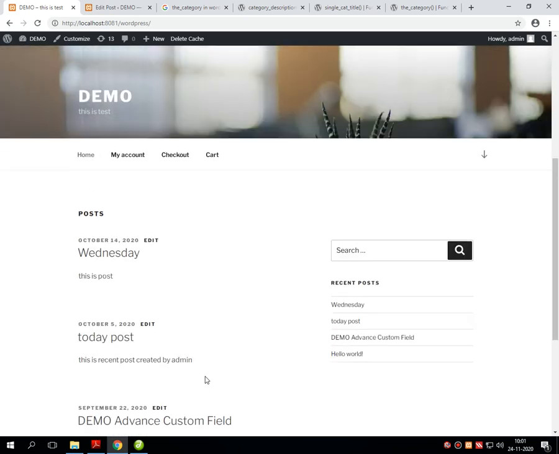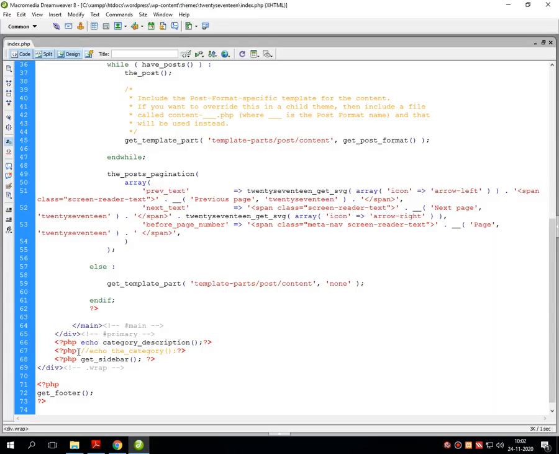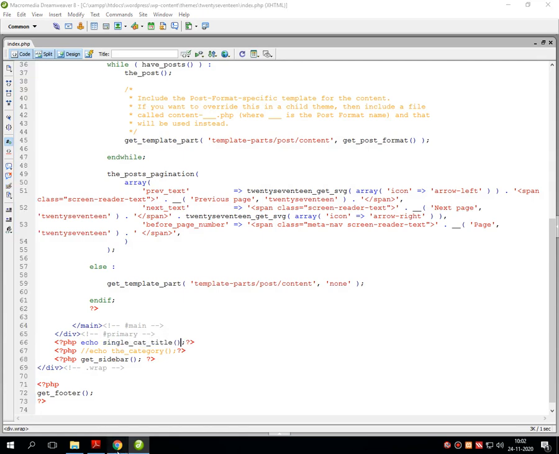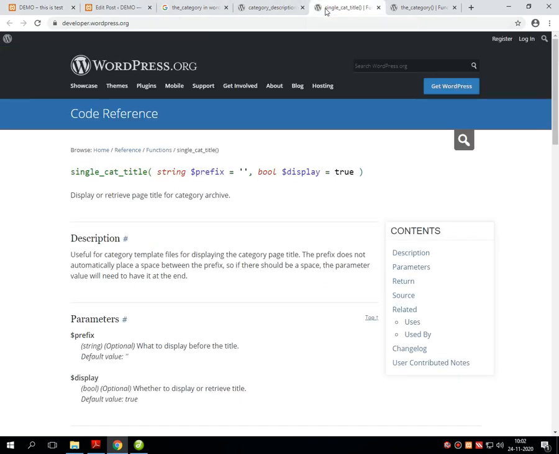Now once I return to the home page, we can check another function called single_cat_title. Just take a copy of that function, put it into the relevant area, save it, and we'll first discuss the theoretical part.